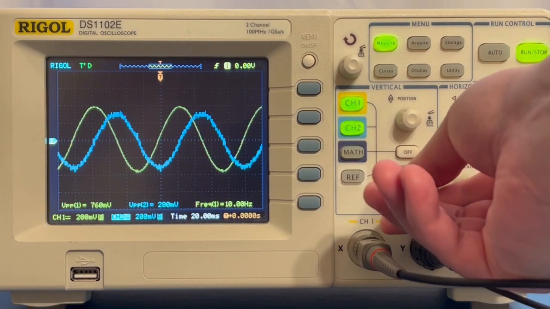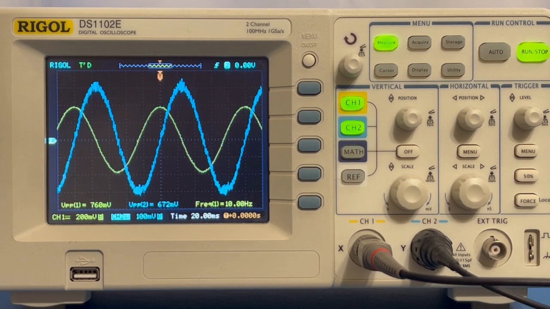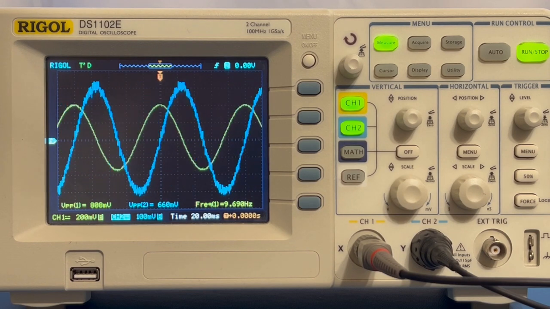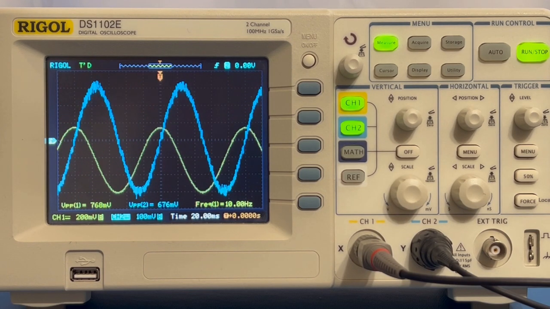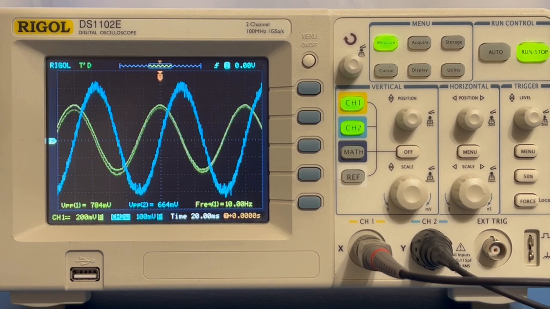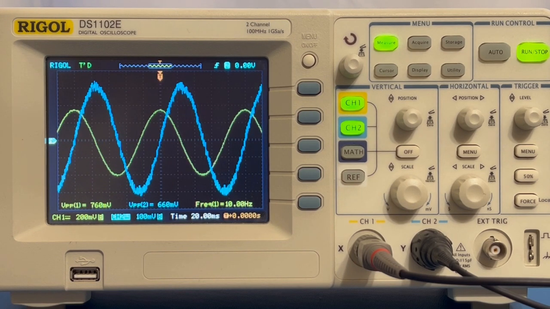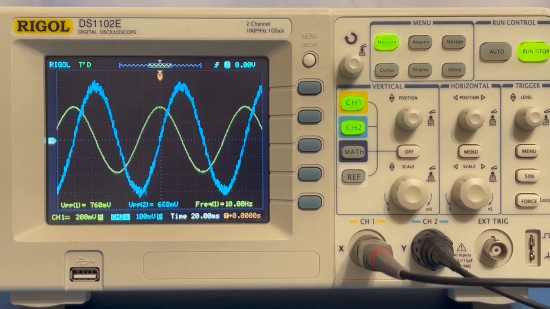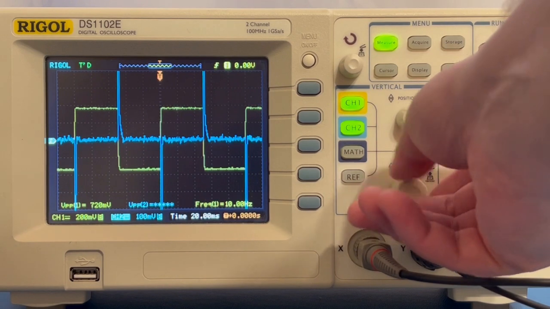Back to 10 Hz, we explore the effect of changing the offset voltage up and down. We see that increasing the offset voltage results in no change in the output voltage, and decreasing the offset voltage similarly results in no change in the output voltage. This is because the circuit is entirely AC coupled through the input capacitor, and so the DC voltages from the function generator are completely removed, and only the AC signals get through.